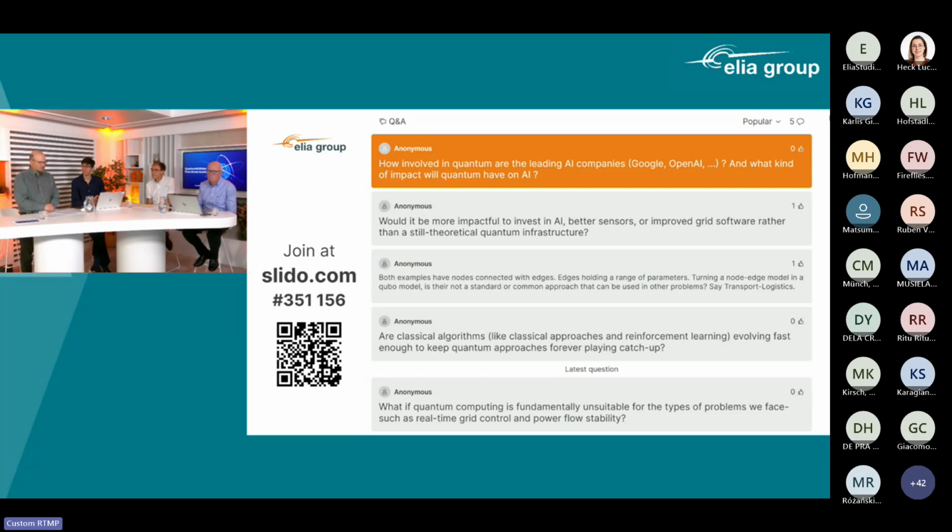I would like to also comment on that. I see three areas where you can already have impact from quantum towards AI. The first one is the one that I showed, the quantum feature selection. If you have a table of 5,000 columns and a very long one, you can translate that into a QUBO, and within a second you have the solution. Sometimes classical approaches give problems at that size.